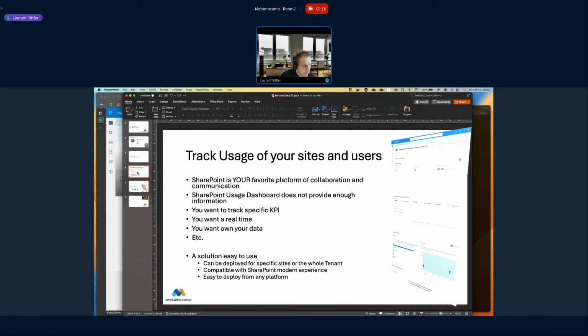And the main pro of this kind of solution with Matomo is that you own your data. Here we will work on SharePoint Online, but it is totally possible to use the same things on SharePoint on-premises, mainly for 2019, but you can use it for 2016 too. You just change the solution package that I will show you during this presentation.